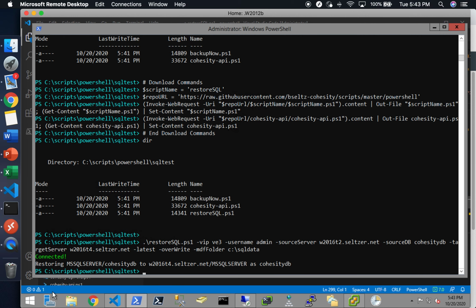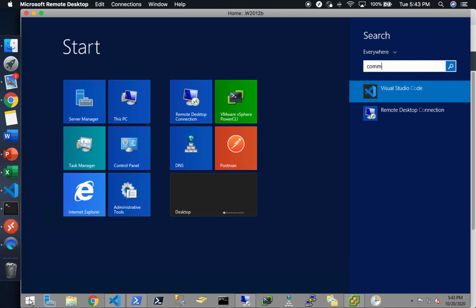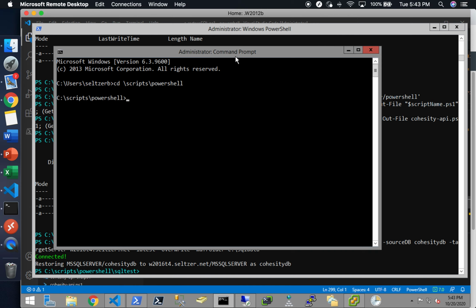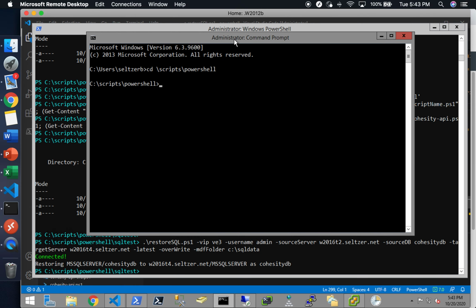Okay, so anytime we want to do that, let's do that one more time. But this time I want to do it from a command prompt, from outside of PowerShell. So essentially what you do is you say PowerShell.exe -command C:/scripts/PowerShell/restoreSQL.ps1 pip VE3 username admin